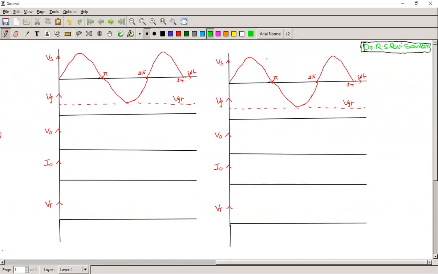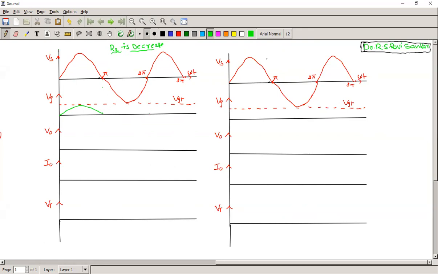This one, the second one. Now R1 is fixed, R2 is decreased. How is R2 decreased? The voltage across the gate happens only during the positive cycle, exactly touching the peak value. From pi to 2 pi, the diode is off, so there is no gate voltage.